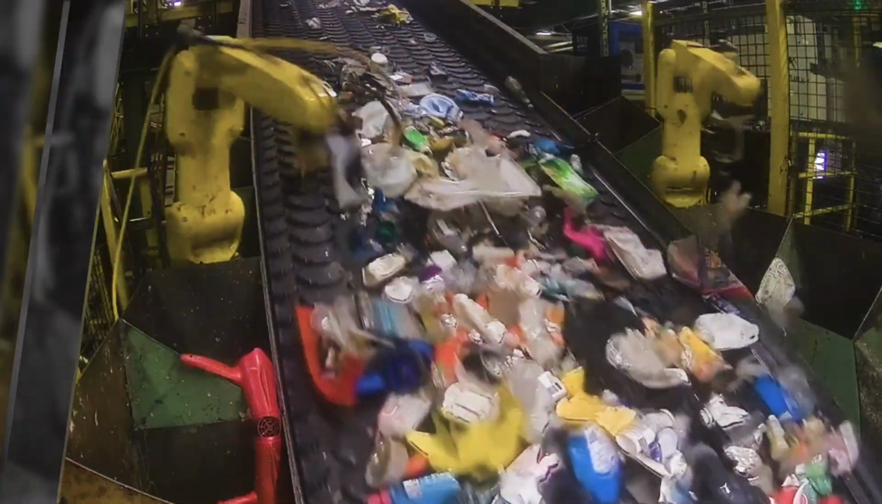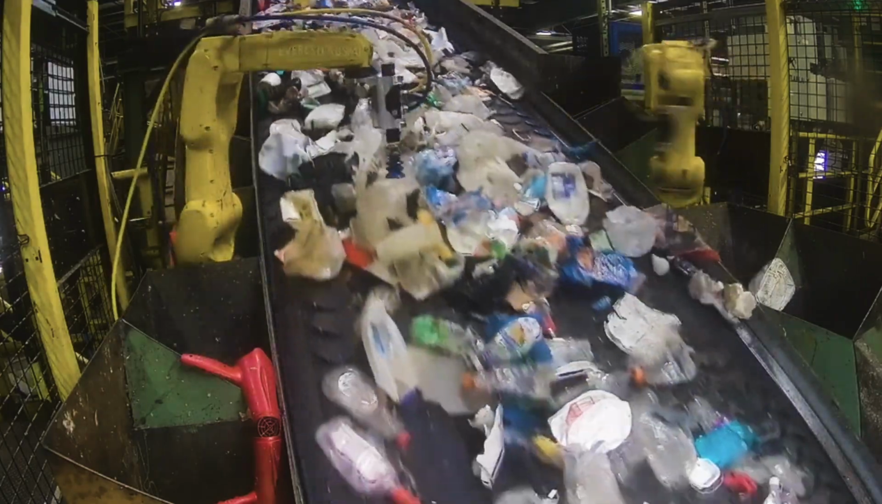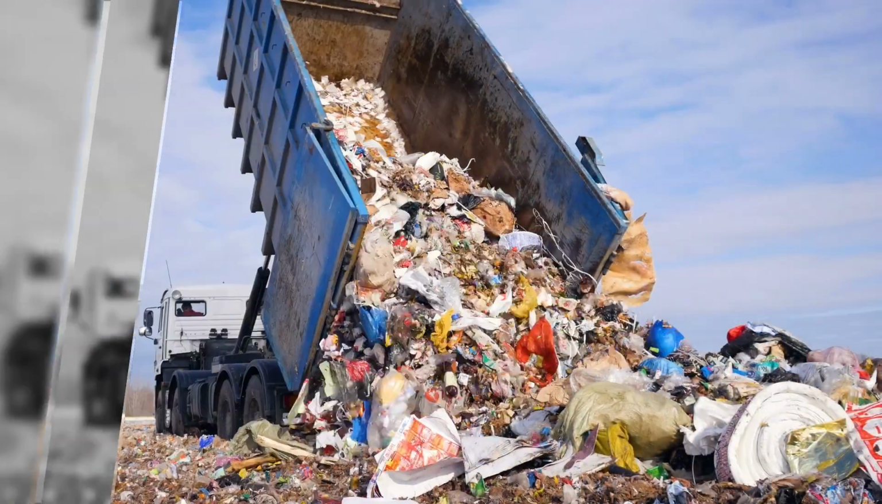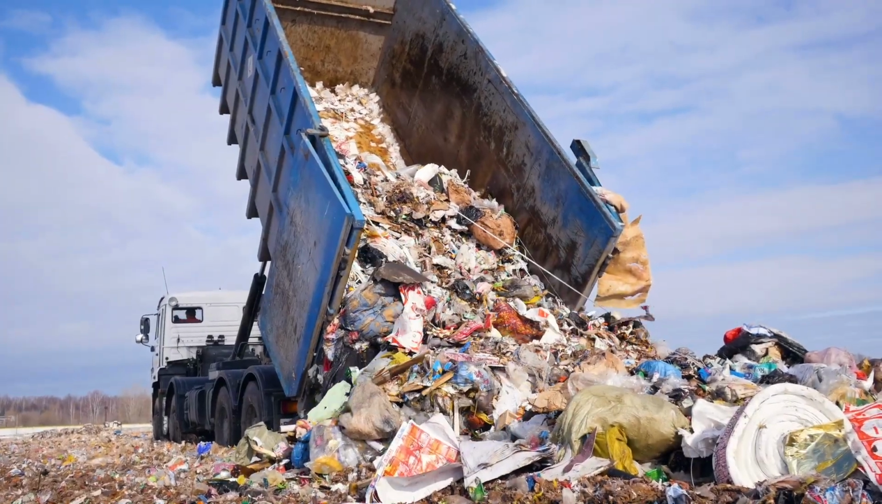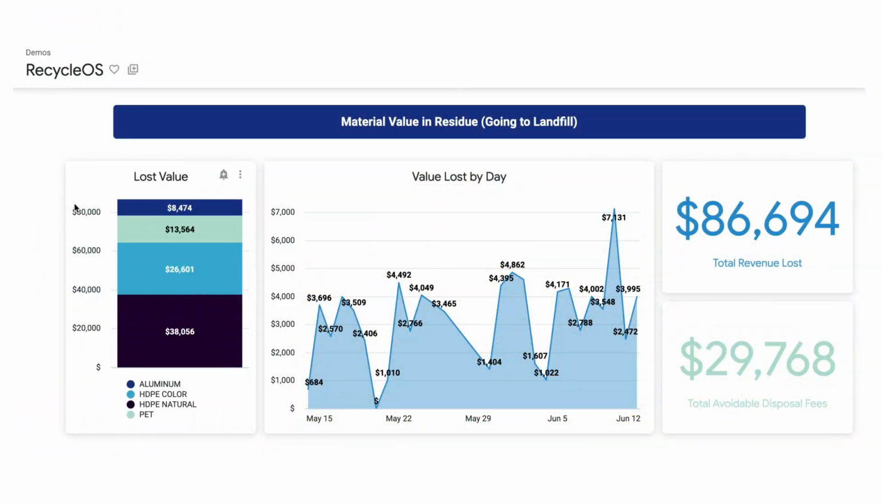So we have here data from a residue belt that we're currently on, and we're looking at the valuable commodities that did not get recovered, that did not get sorted, that are headed out to landfill. Right? So we've got it here broken down on the left by the different material types. Our HDPEs are the most valuable objects, or what's contributing most to this lost value. These values are calculated using up-to-date recycling indices. We can look at it over time, and we can see in the last 30 days that this chart is set at,